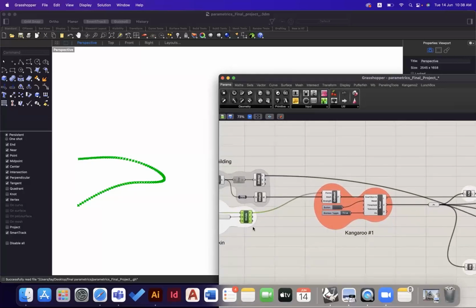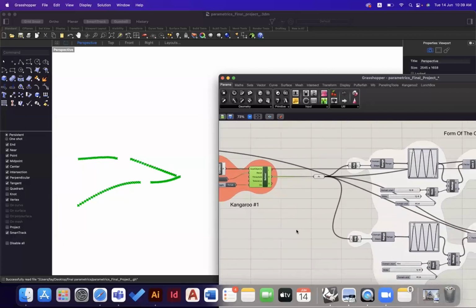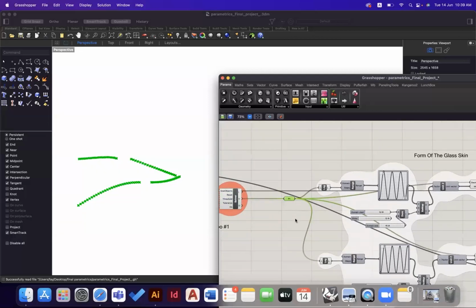These points and the main building simple mesh are then plugged into an on-mesh battery. This battery allows the points on the curve to attach onto the main building's surface mesh. So this is the original curve or points, and these are the points attached to the building. After that, the points on the surface mesh were extracted as an output,